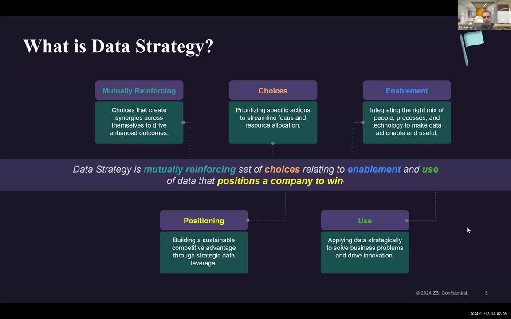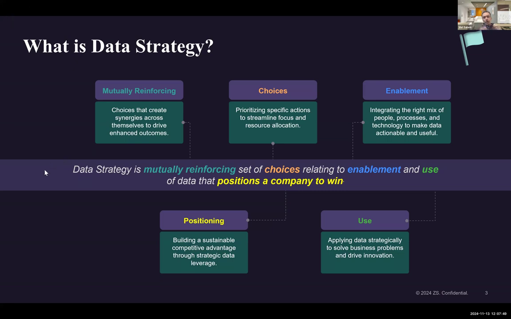So data strategy at the root of it is about choices. Any strategy is about choices. So what do we mean by choices? You essentially think of it as, I have the choice to do certain things, but I also have the choice to not do other things. Data strategy is the same way, in terms of taking these as a set of choices. It is important to qualify those choices as mutually reinforcing, because these are not disparate choices. These choices will need to work together in terms of making sure that they reinforce each other, so they all move in the same direction so we can create momentum for this data strategy.